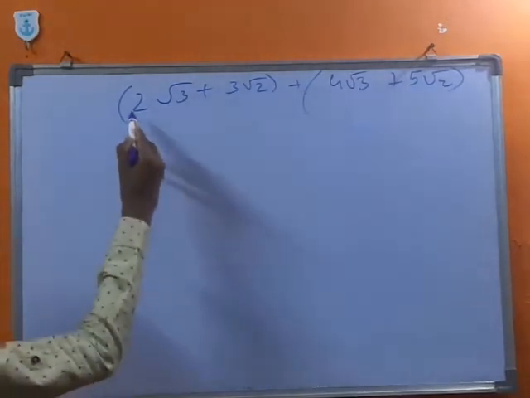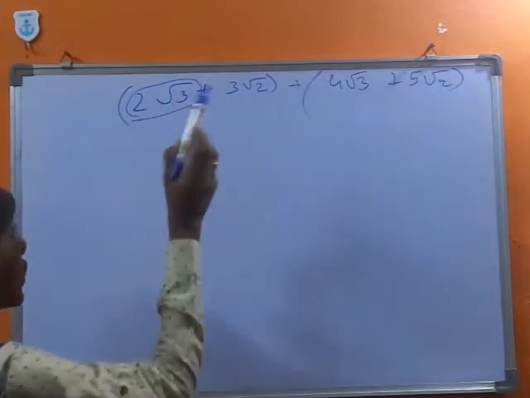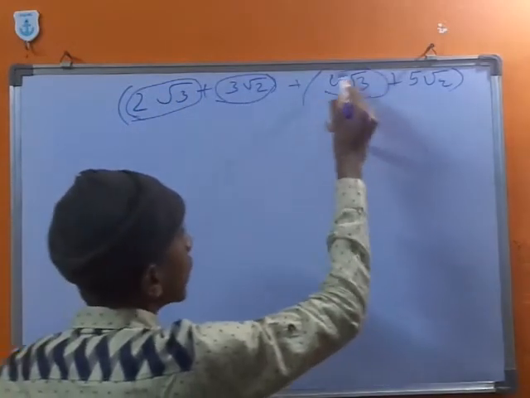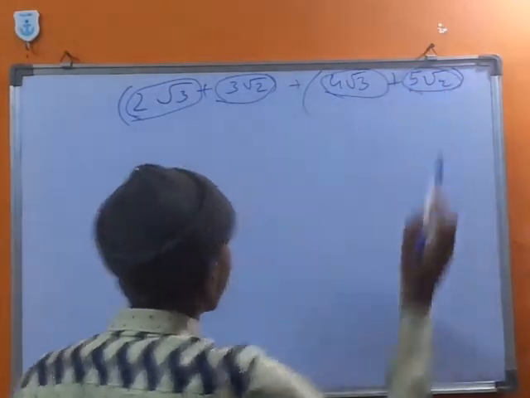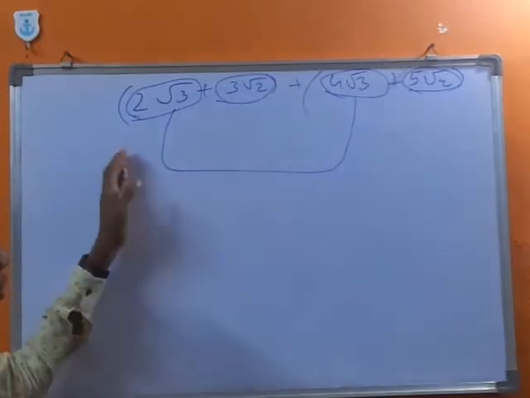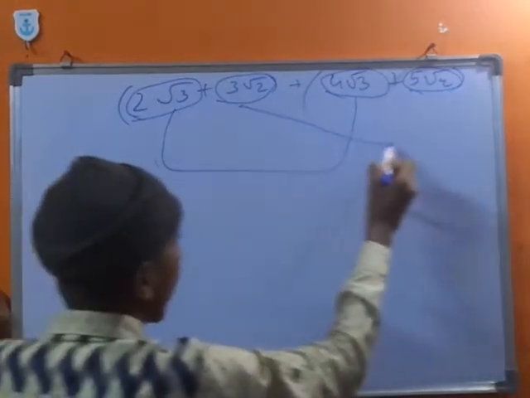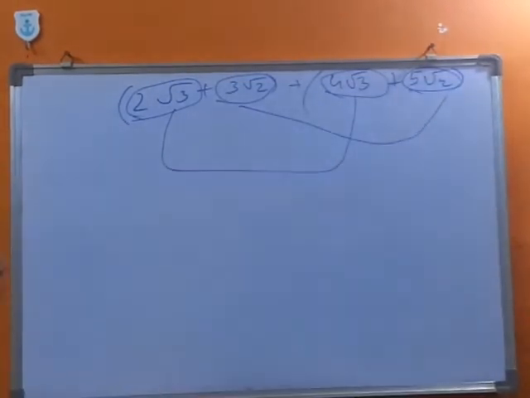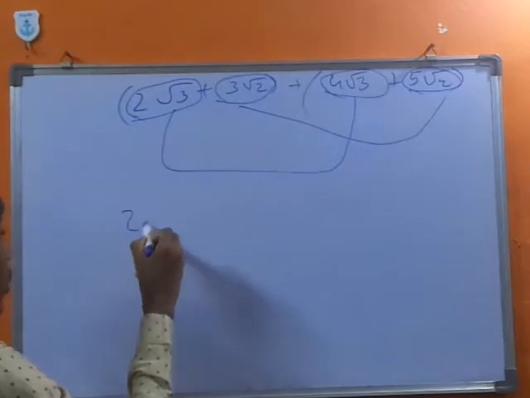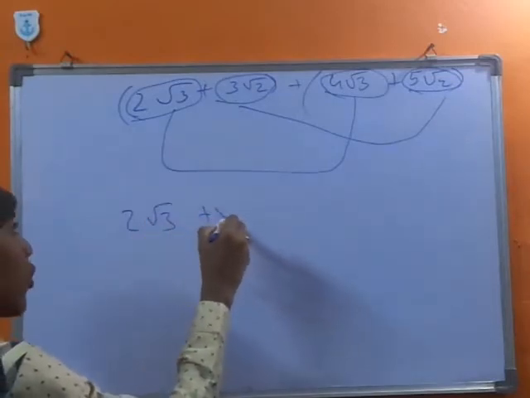Let us consider this one as the first term and second term, and this as the third term and fourth term. So we add these two and we add these two, and totally we add the two sums. So 2 root 3 plus 4 root 3,